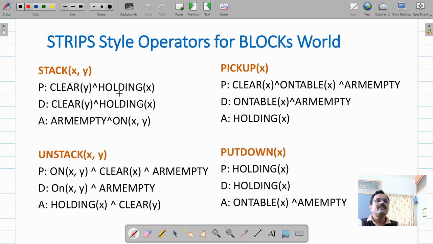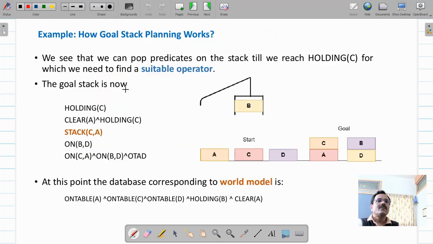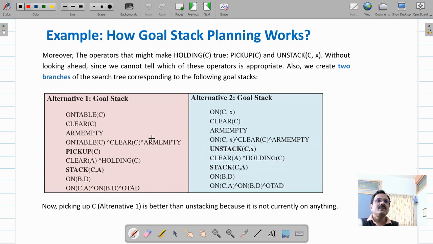So holding C, that's what we are trying to prove. Go back. Holding C we are trying to prove. Again, to prove this on C X, one of the preconditions is holding C. So your efforts will be unnecessarily wasted. So you will have to avoid this alternative 2. So alternative 2 is not suitable.